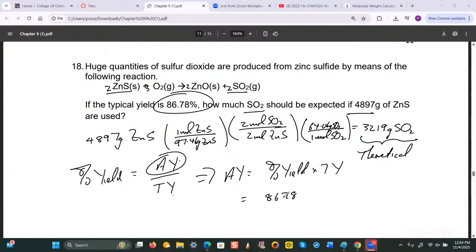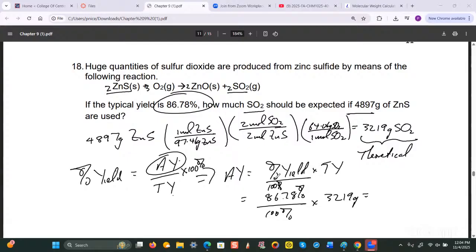86.78 percent divided by 100% times the theoretical yield, which is 3,219 grams. So let's see what that gives. Oh, I forgot to mention here, this should be times 100%, which means that I should have divided by 100% here. All right, okay, so as I was saying, 86.78 divided by 100